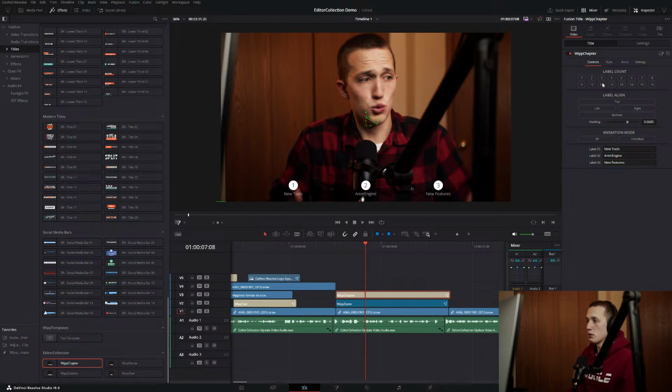So that's the nice thing about Whip Chapter. I can just set the labels. It's going to space them all perfectly. I can easily put in the actual label text, the contents of it. I can align it to any of the sides. So I can put it top, left, right, and I can just use this padding to change where it's at. I'm just going to leave it at the bottom. And then over in the style, if I click in the right spot,